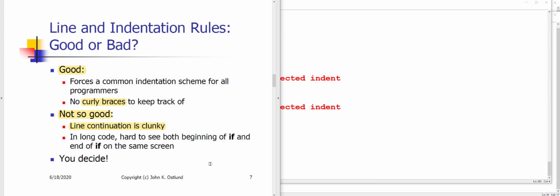Have a good, consistent style and alter your style to conform to the group that you're working with when you